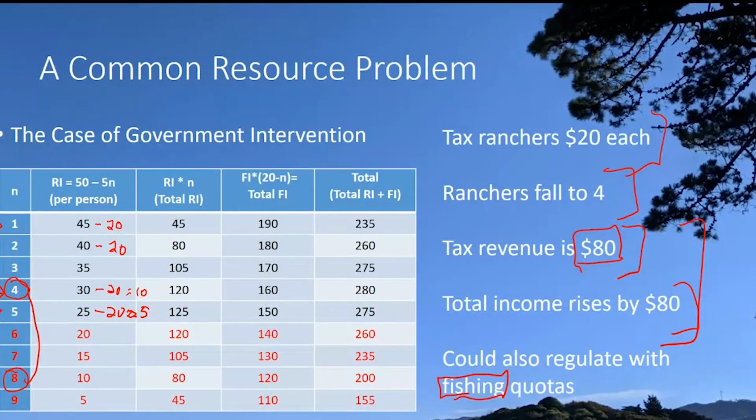Okay, so government policy is not only raising income, but it's raising income for the future as well, and helping to sustain a viable production process long into the future. So it's really clear in this particular example that the government intervention is actually improving economic efficiency. The outcome, the market is doing much better. More happiness is being generated to more people because the government came in and taxed the ranchers $20 each and generated the optimal provision of this common resource.